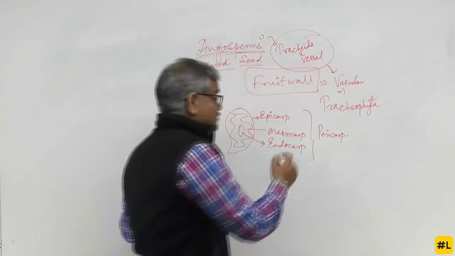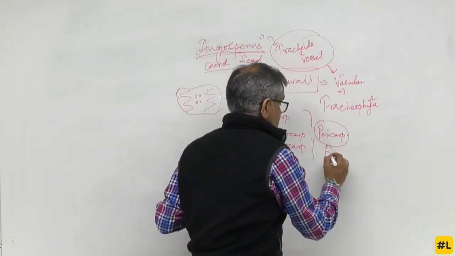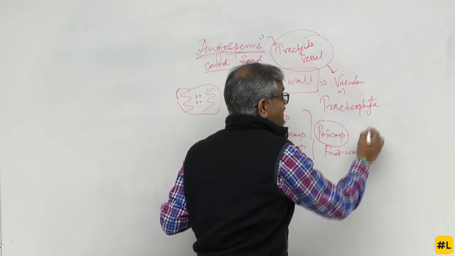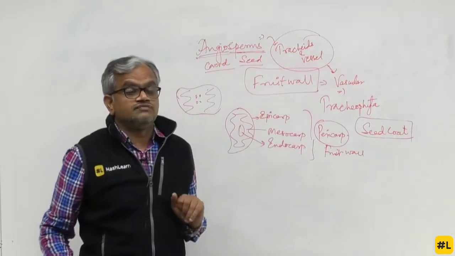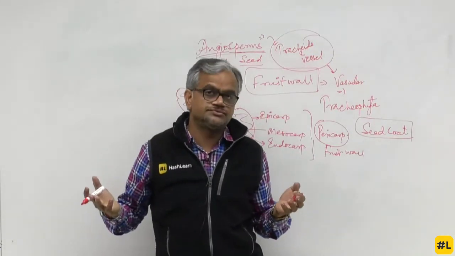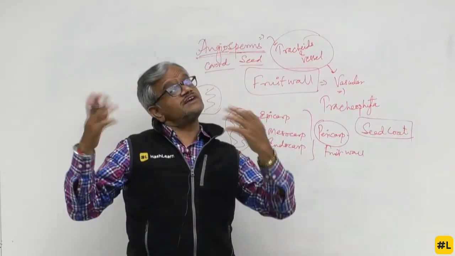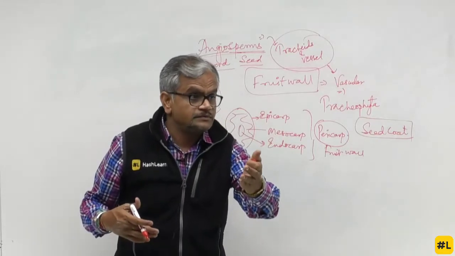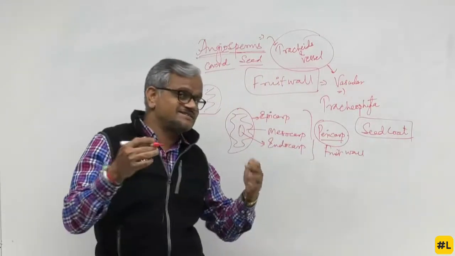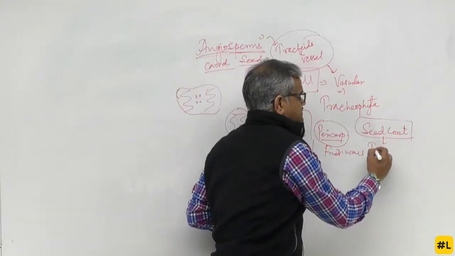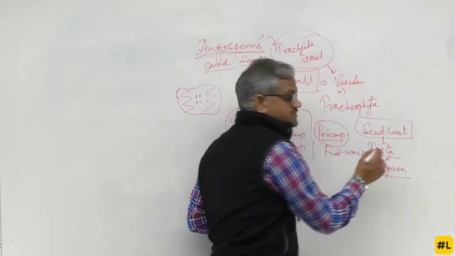Now, do remember I told you this is fruit wall. I did not say seed coat, okay? So don't get confused. When I say fruit wall, it is like my clothes, which is covering my body. But what is covering my body is my skin. So when I say my dress is pericarp, when I say the skin, it is seed coat, that is testa and tegmen. Do remember, that is different. So don't mix up.